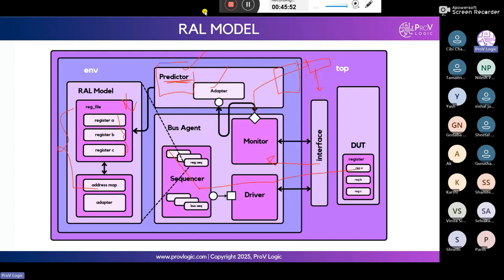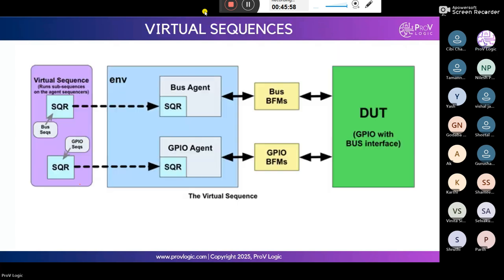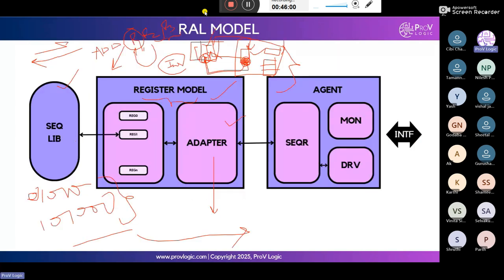Can you tell me the difference between backdoor access and front door access, if you have an idea? Backdoor access means directly from the register model to the DUT we connect.